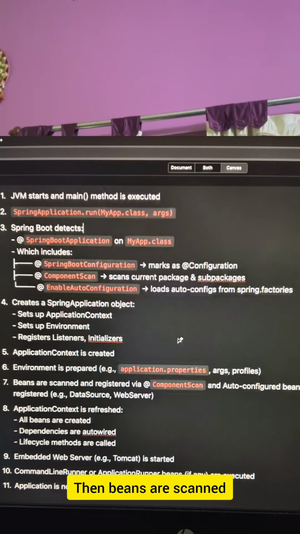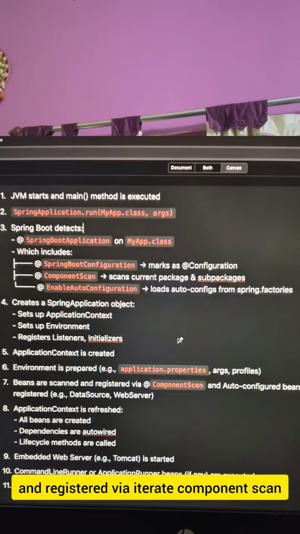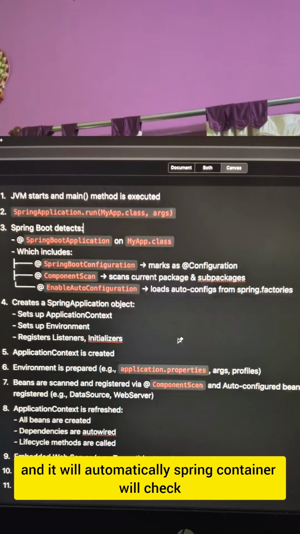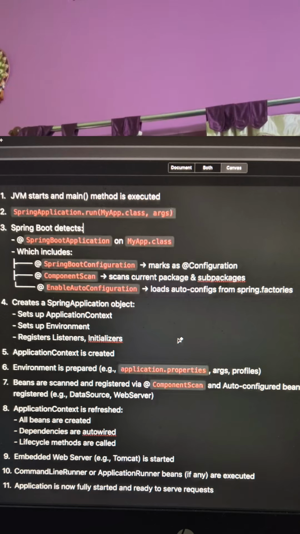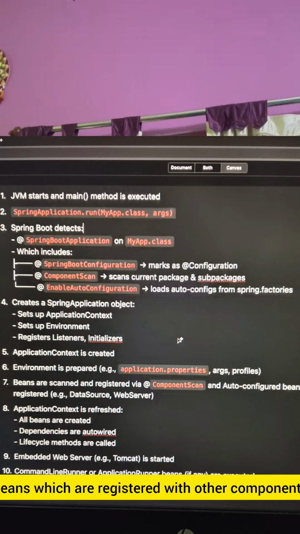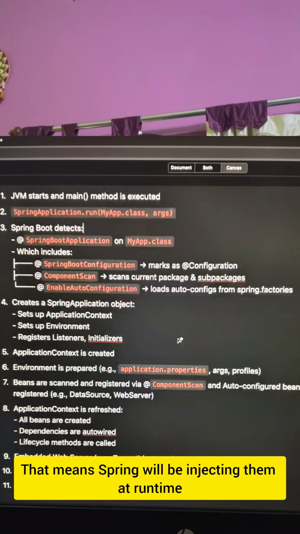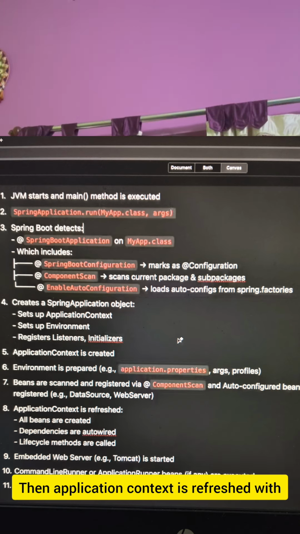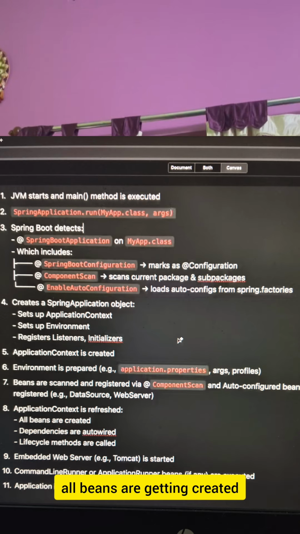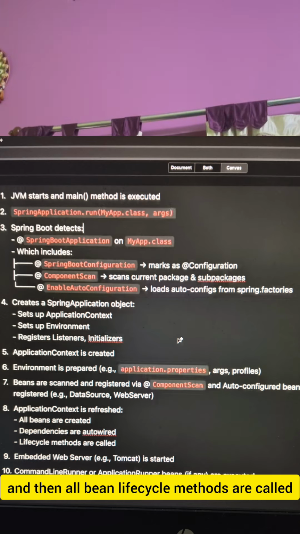Okay, then beans are scanned and registered via @ComponentScan, and the Spring container will automatically check and search for all those beans which are registered with @Component. That means Spring will be injecting them at runtime. Okay, and auto-configured beans are also registered, like data source and web server. Then the application context is refreshed with all beans getting created, and dependencies are autowired,